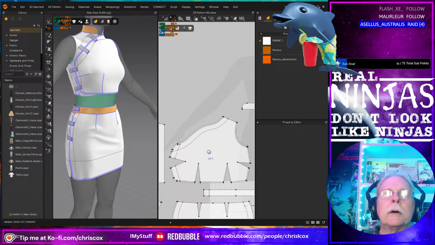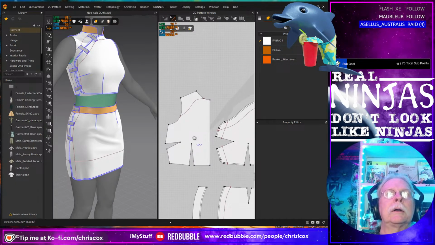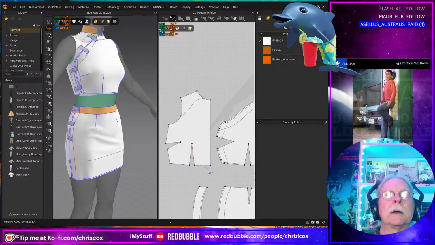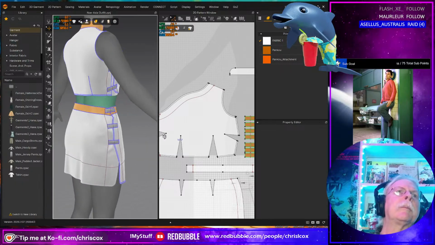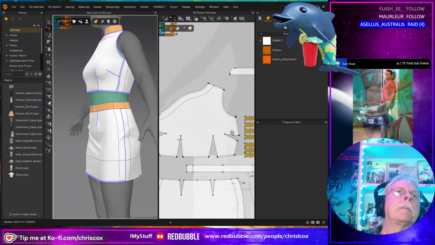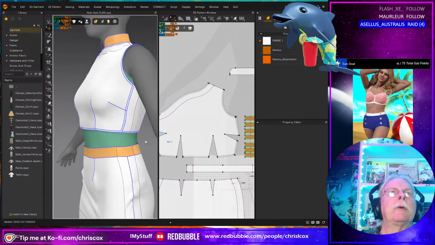Okay, what do we have over here? You are a back piece. Did I need trim there? I may not have wanted trim here.